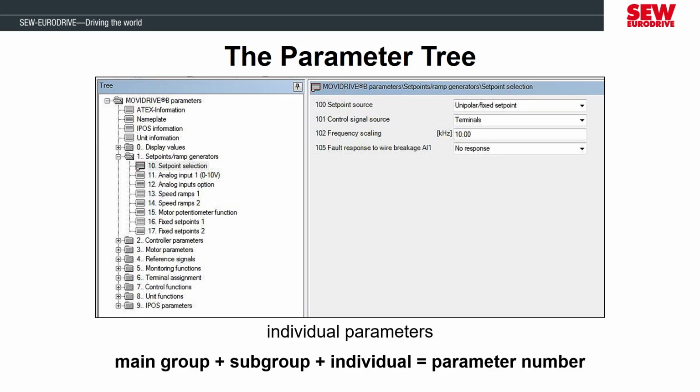To make these individual parameters easier to locate, they are assigned a 3-digit number. The first digit is the main group number, the second digit is the subgroup number, and the third digit is the single parameter to reference or change as you see fit. If we needed to find parameter 101, which is a common parameter that sets if the MOVIDRIVE should be using the digital inputs for control or something else like the Fieldbus,